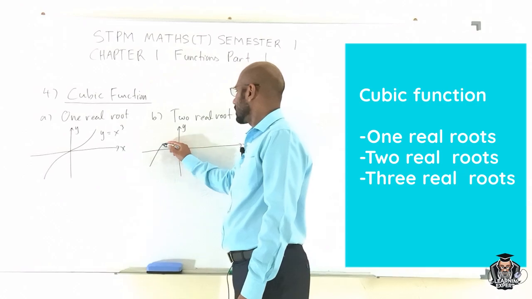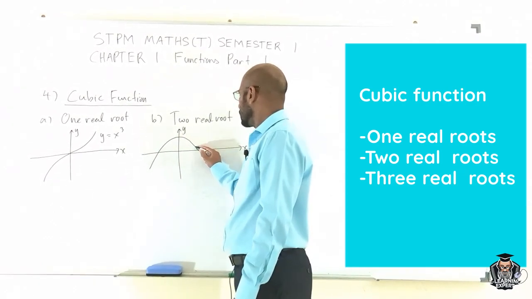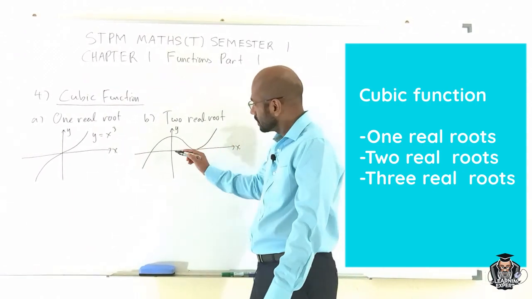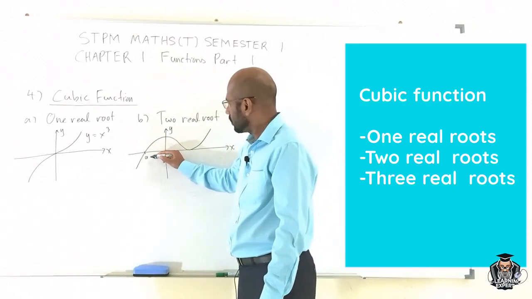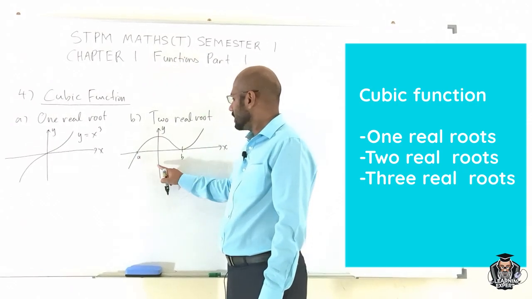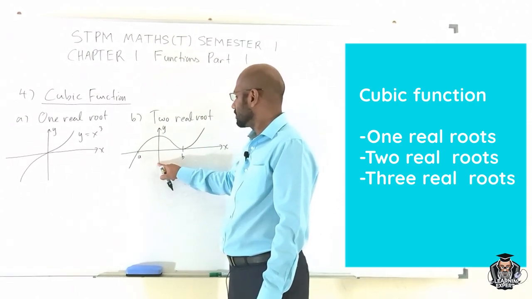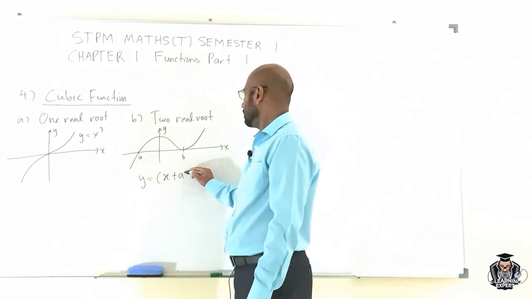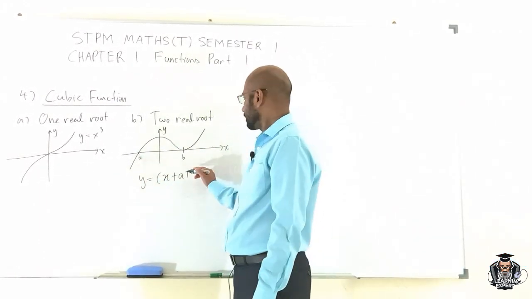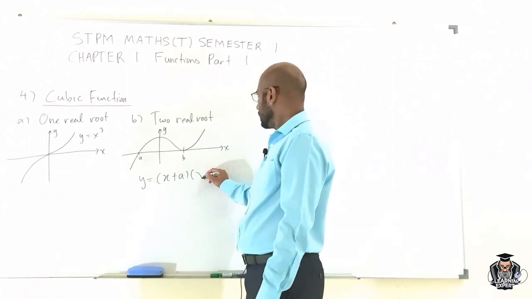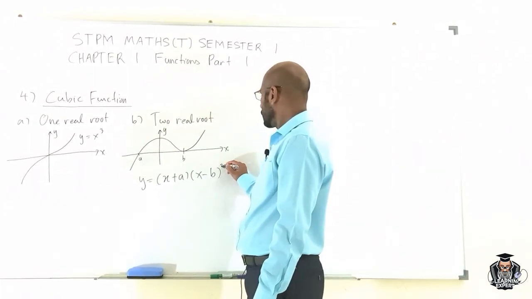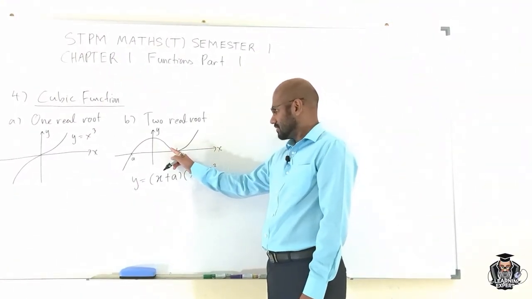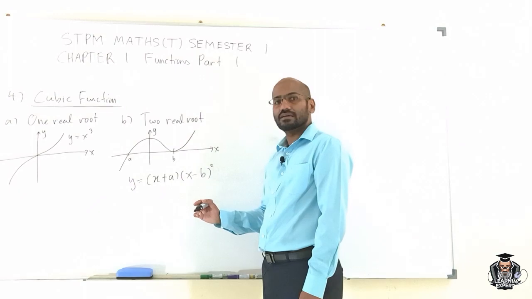What does this mean? If the graph goes up, cuts the x-axis, and the second time it doesn't cut, it just touches the x-axis and turns up again. So this, let's call it A and B. To write an equation of this kind of graph, it would look like this: x plus A, because this is the negative root, and the B would be x minus B, but put a square up here because it's repeated 2 times on the decreasing and increasing interval.